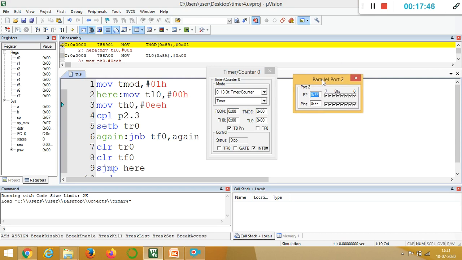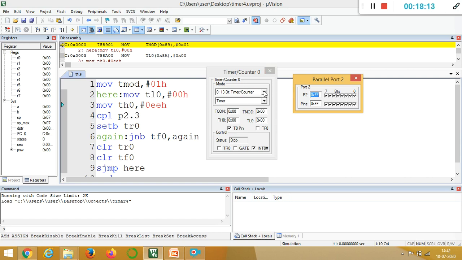Here I told that initially when you power up the 8051, all ports will be high. The same thing you can see, all are high. According to the program you can alter the bits. In this I am using only the third bit. This is the 0th bit, first bit, second bit, third bit. Any toggling that happens, you can see here on and off only in the third bit. The rest will all be 1.